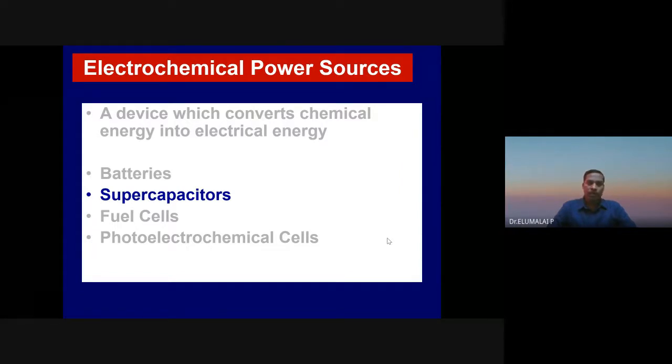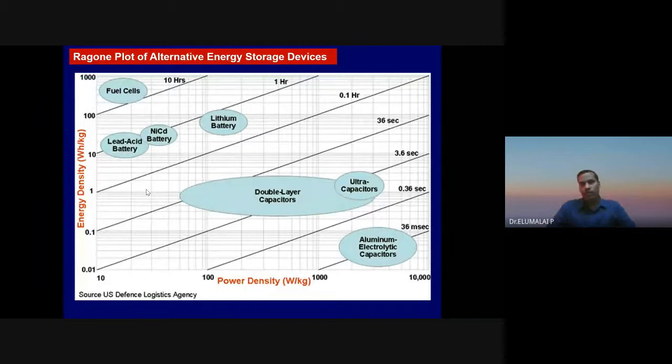So what are the parameters? What are the merits? What are the features of batteries? And now we are going to see supercapacitors. It's a sister device. And the fuel cells are energy converters, as we know. We will be learning more on the fuel cells maybe in the next unit. The next two, three slides are already known slides. So just to draw supercapacitors nearer to you, I am showing them again.